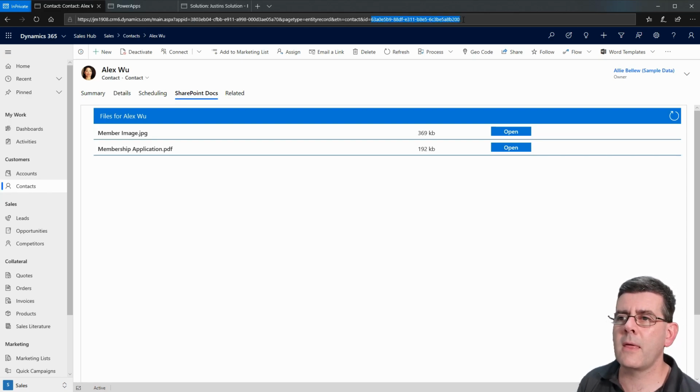So we need to copy that GUID, because that is what we're going to be passing from our PowerApp into our flow to ask it first to get the document locations, in this case for Alex Wu, and then get the SharePoint files. So let's go back